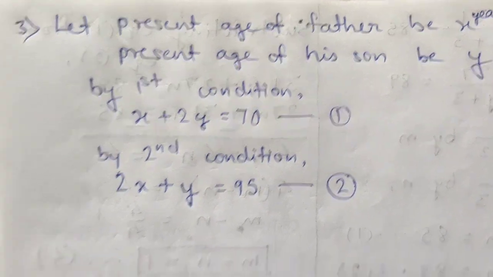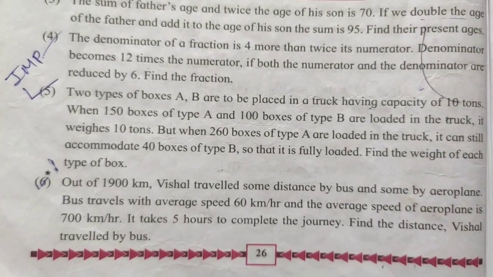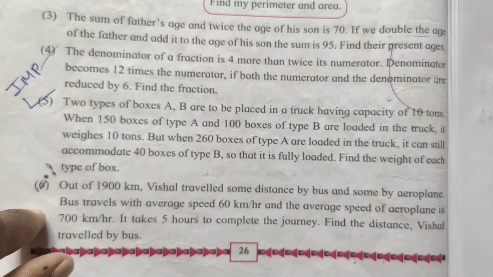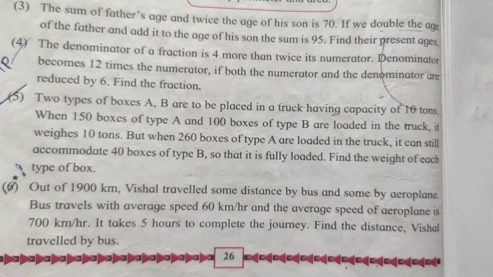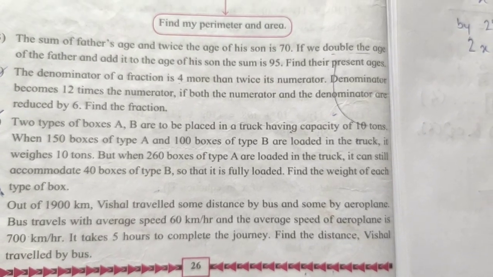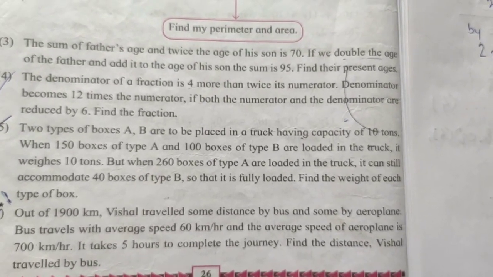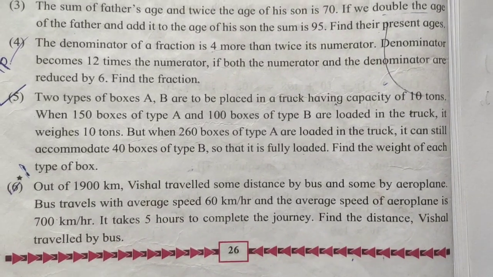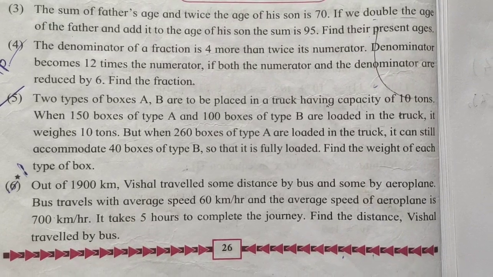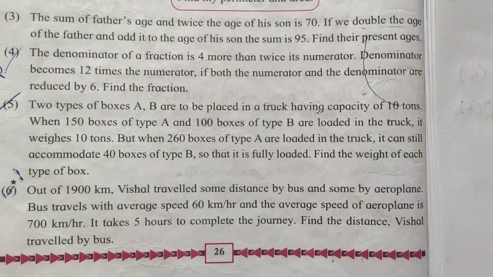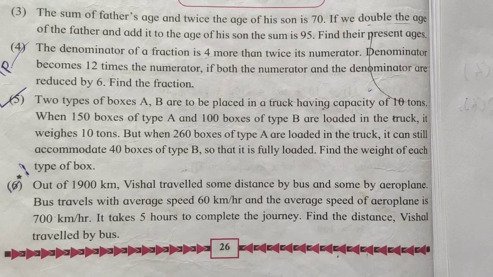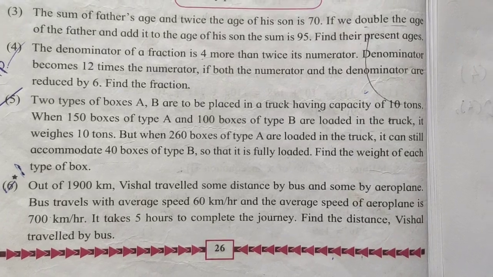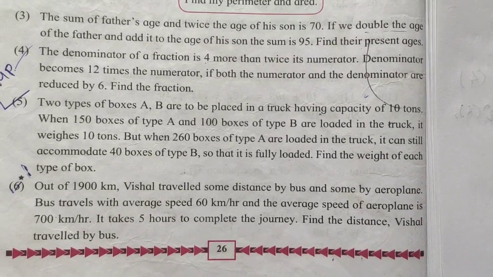Okay, and in the next lecture we are going to solve remaining 3 questions, that is question number 4, question number 5, and question number 6. So for understanding these questions, please keep your textbook with you and understand the question, what is there in the question and how to simplify that. Okay, and please maintain your proper fair notebook, because in the next lecture we are going to complete this exercise, and then only one exercise will be remaining, that is graph 1.2. After that we will do that. Okay, thank you.